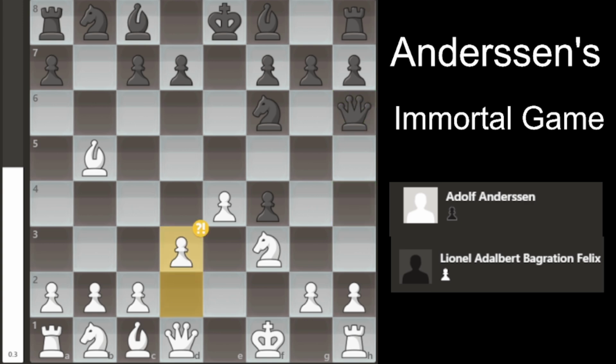d3. Yeah, even though it's an inaccuracy, there's a reason why this game is called an Immortal game, because there are so many amazing attacking move combinations that you now have to prepare for. So here his opponent plays knight to h5, and I don't understand. I think it was trying to reinforce this pawn, but some moves are just unnecessary. And here in this position,